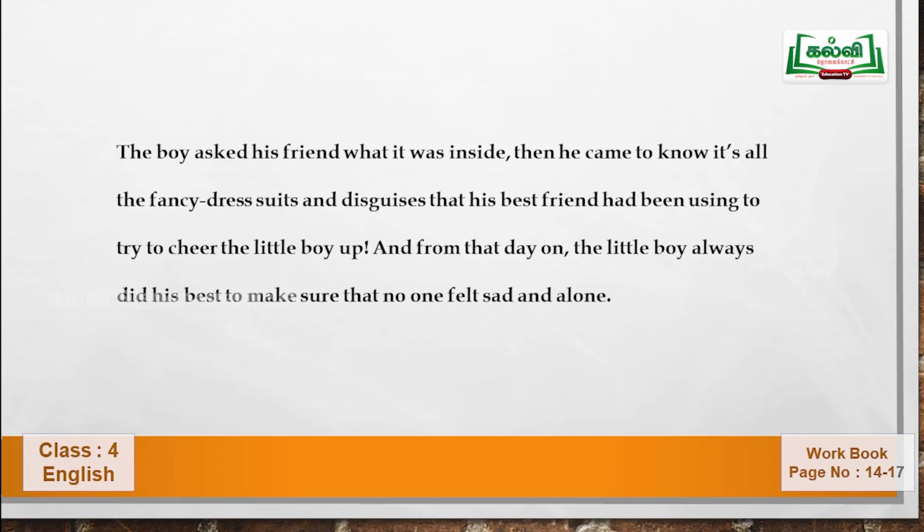The boy asked his friend what it was inside. Then he came to know it's all the fancy dress suits and disguises that his best friend had been using to try to cheer the little boy up. And from that day on, the little boy always did his best to make sure that no one felt sad